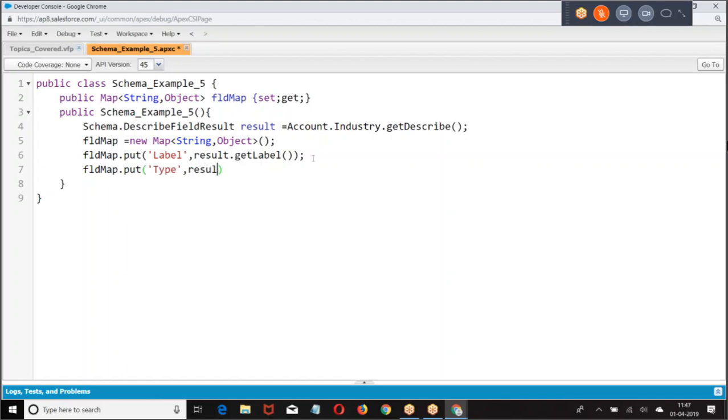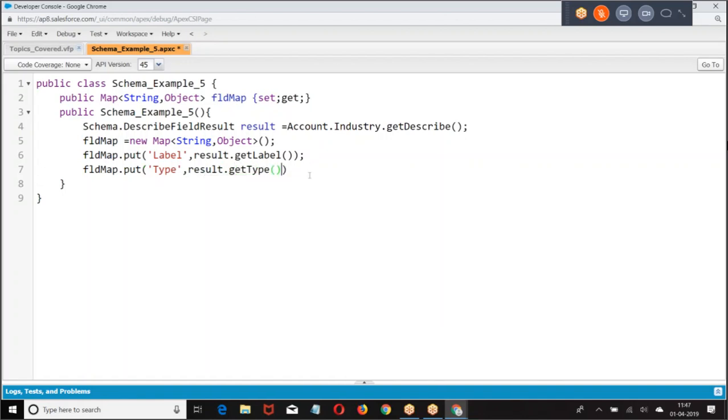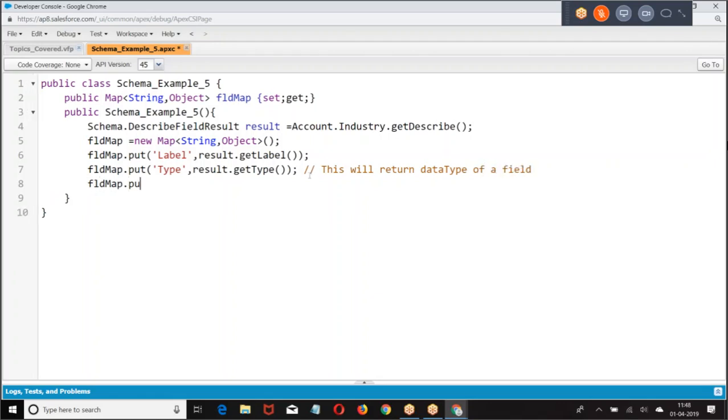What type of field is this? Result.getType. Data type of a field. Field label, field name. Result dot